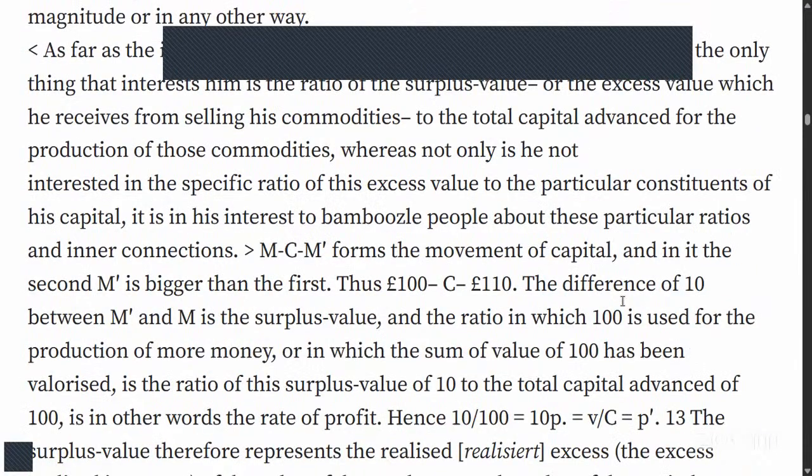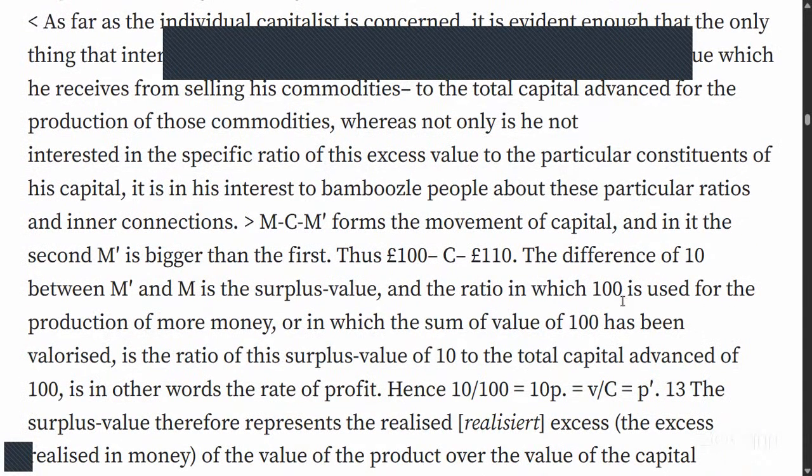Capital M dash capital C dash capital M prime forms the movement of capital, and in it, the second M prime is bigger than the first. Thus, 100 pounds dash capital C dash 110 pounds. The difference of 10 between M prime and M is the surplus value, and the ratio in